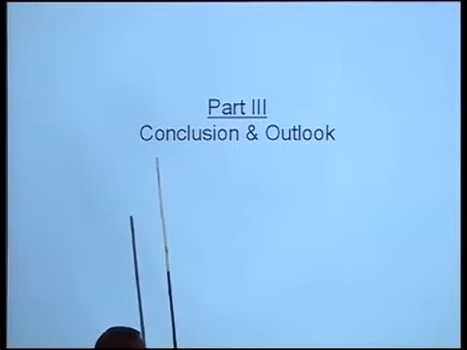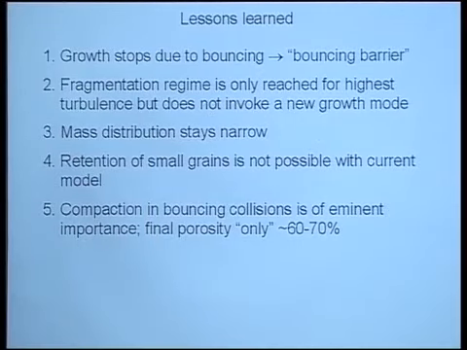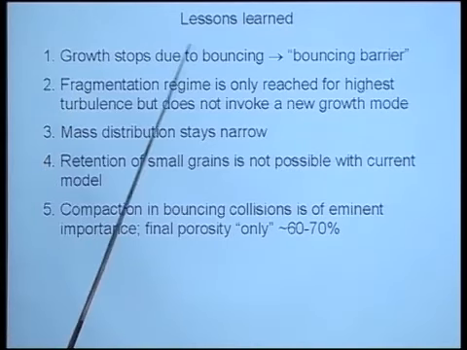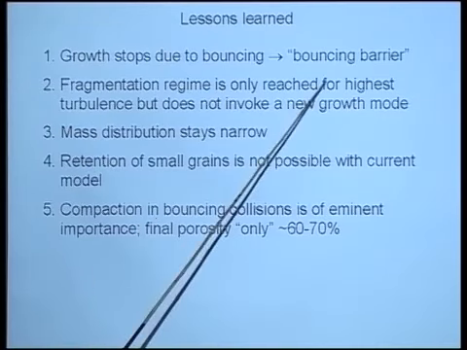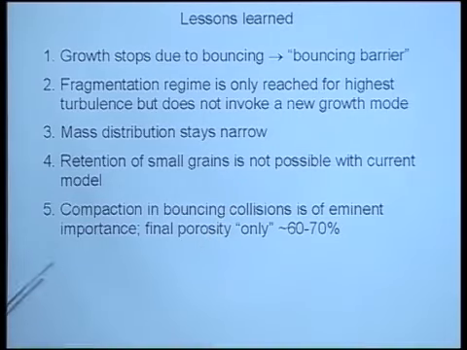Okay, let's conclude and look out to what we will be doing in the near future. What we've seen is that growth stops at typically millimeters. If you reduce the fragmentation, then centimeter-sized particles, and the stopping is due to the onset of bouncing. There's no growth path that the particles really go, although there are some, but the particles don't go these. And we call this the bouncing barrier. So we have a fragmentation barrier, we have a meter-sized barrier. However, before both can be reached, they stop at the bouncing barrier, I believe.